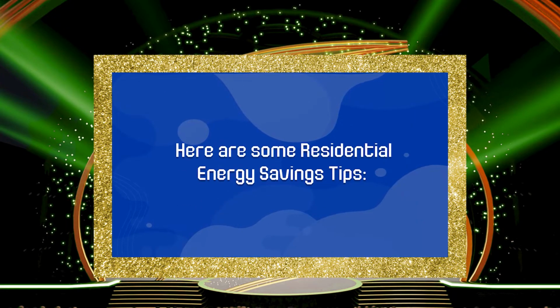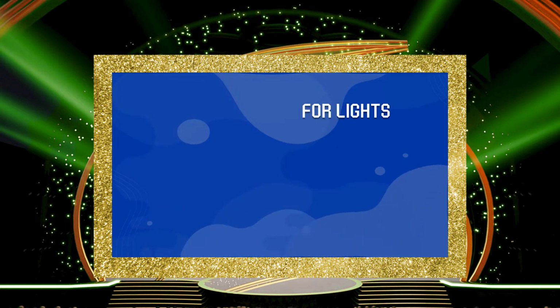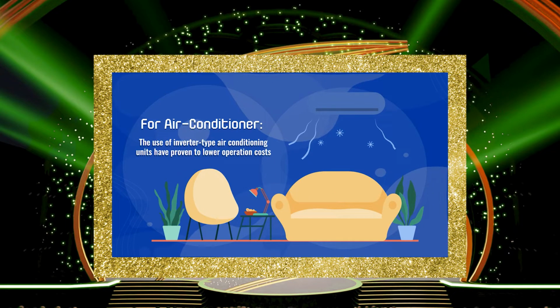Here are some residential energy savings tips. Unplug unused appliances. Even appliances on standby mode consume electricity. The cumulative effect of appliances on standby mode can contribute a significant amount to your electricity bill. For lights, turn off lights when there is no one in the room. For air conditioner, the use of inverter-type air conditioning units have proven to lower operation costs, especially when used for